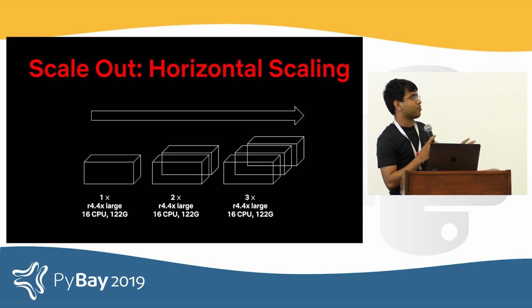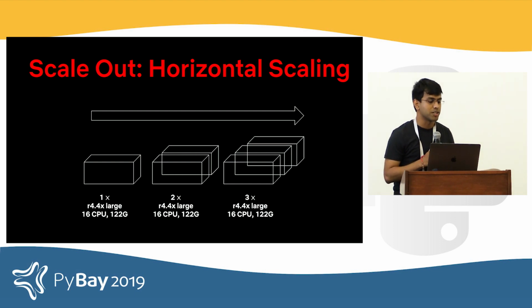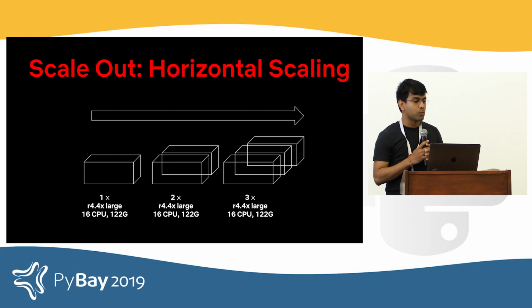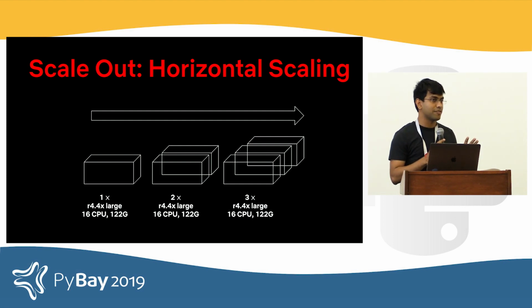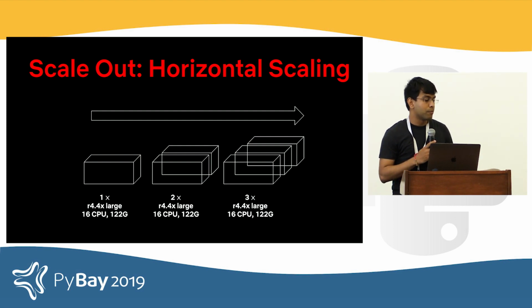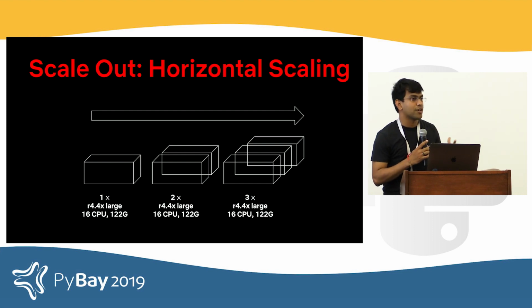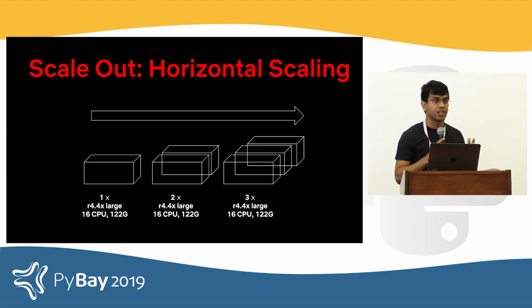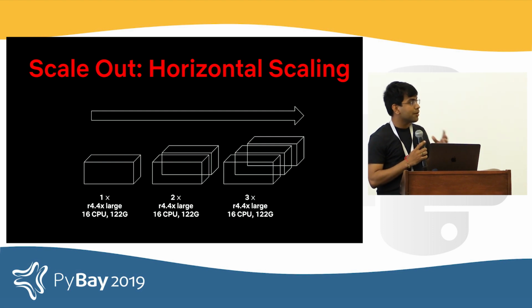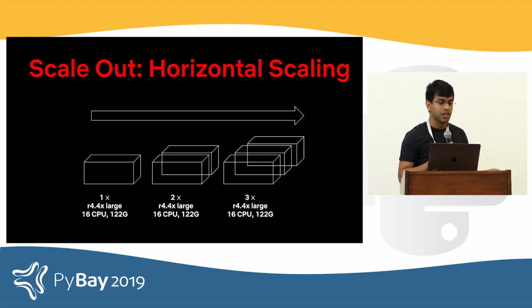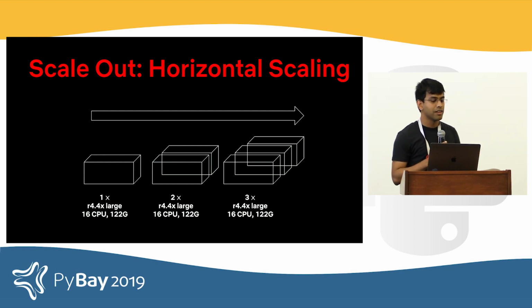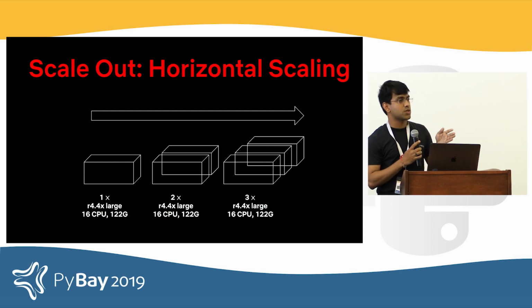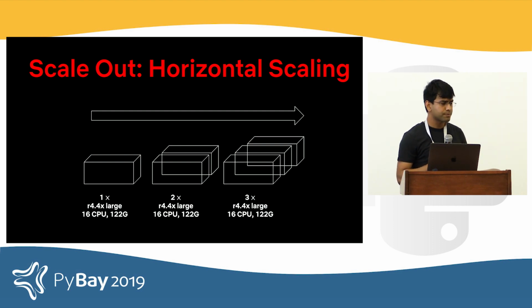But wait a second. We also said we want to generate per-country models. So while scaling up would mostly get you to probably do the one giant model, if you wanted to do all the per-country models, we might either have to produce them sequentially with a for loop, mostly because you might run out of RAM having all the big data frames for all the countries. Thus, it might be unavoidable and sometimes necessary to think about the other kind of scaling out, or horizontal scaling, where you add more machines to your pool of resources.